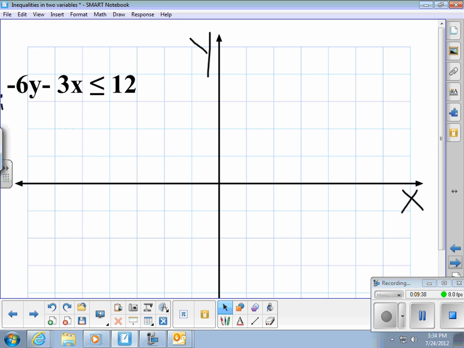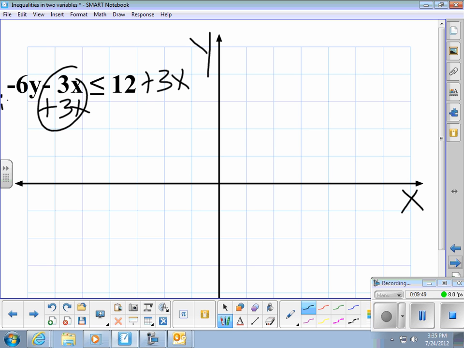Let's try one where the inequality sign flips around. We want to get the y all by itself, so let's add 3x. Let's divide by negative 6. So y. Dividing by a negative, the inequality flips around, so it says y is greater than or equal to